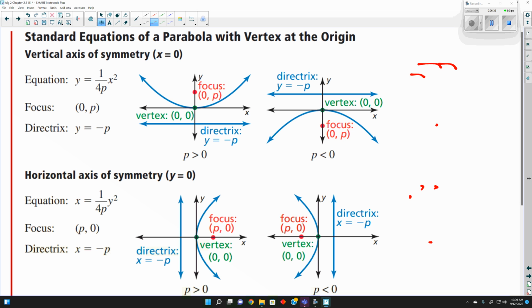P is going to be the number that's right in front of the x squared. So 1 over 4p is where the p is located. Now when the y is squared, our focus is p comma 0. Our directrix is x is equal to negative p. And the axis of symmetry